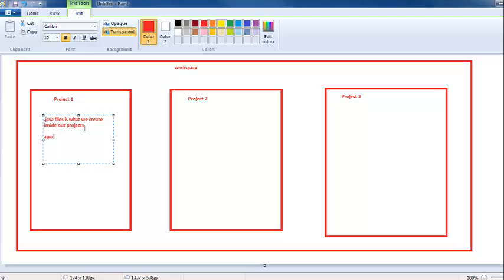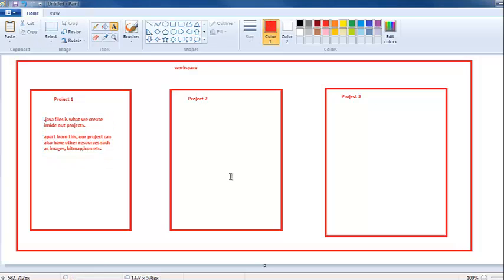Apart from this, our project can also have other resources such as images, various bitmaps that we use in our projects, icon files, and more.